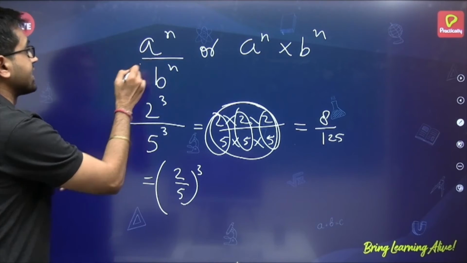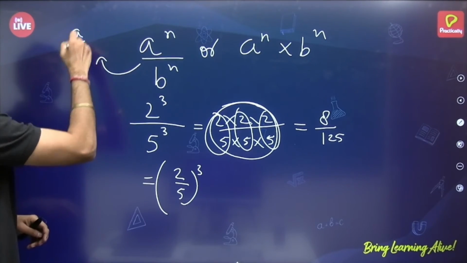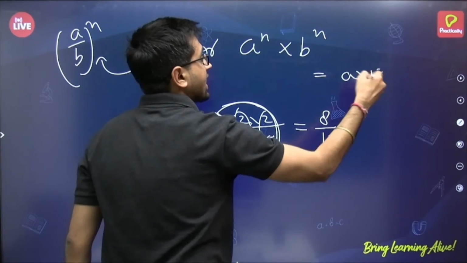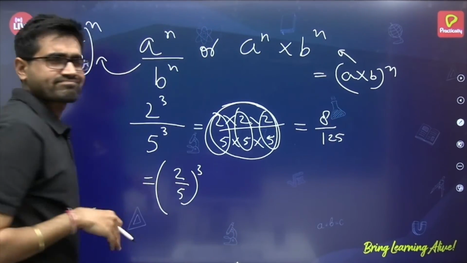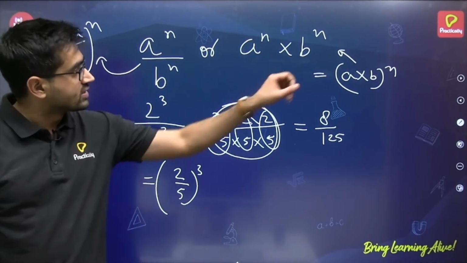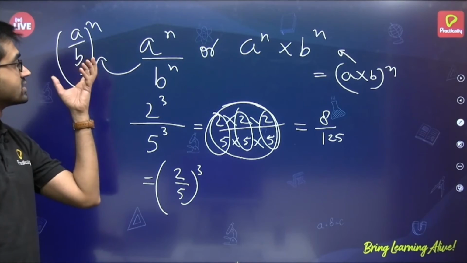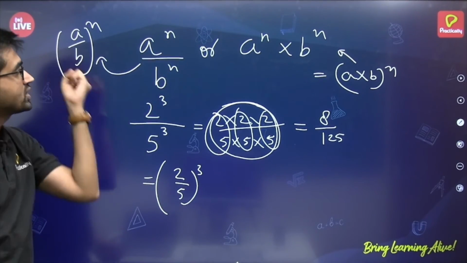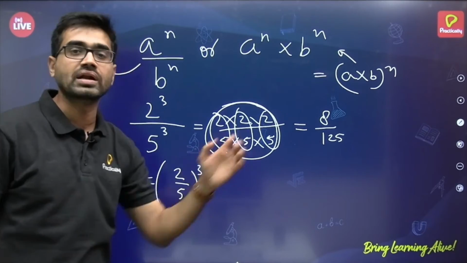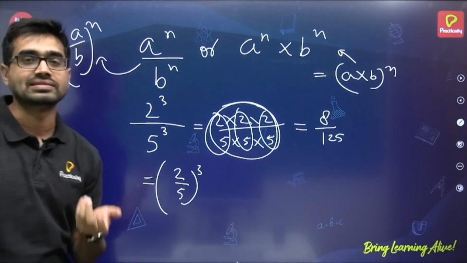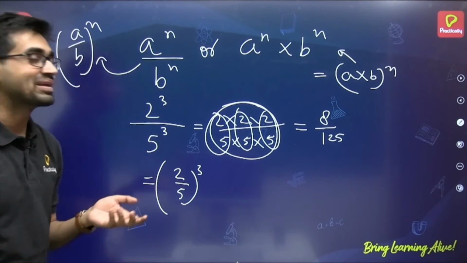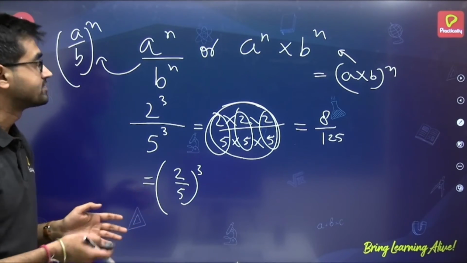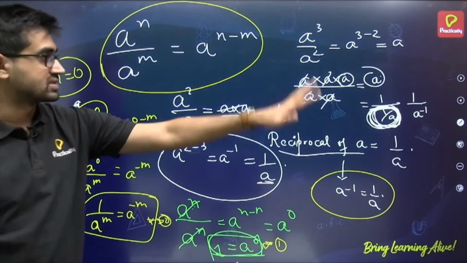This is what you have to say. If A and B are written, you can write them as (A by B) to the power N. And if this is written, you can multiply and write the same, or vice versa. Doesn't matter. If you write this or if you write this, you can just swap. Same is for this. Multiplication and division are nearly the same. You are just multiplying by its reciprocal. And this completes all the laws. This was the trickiest one.